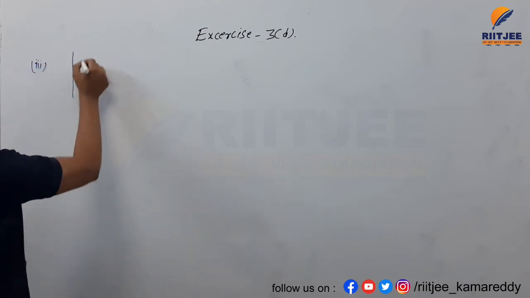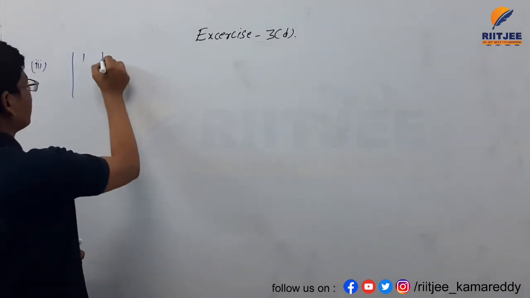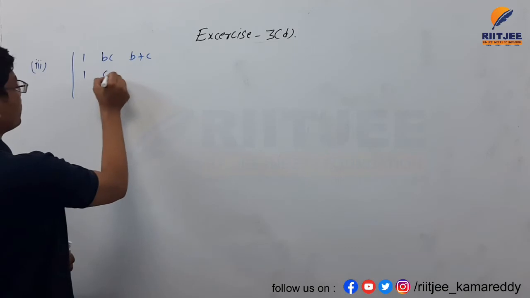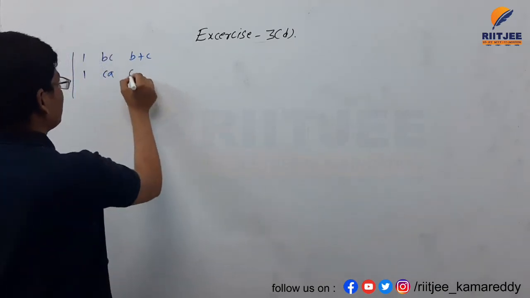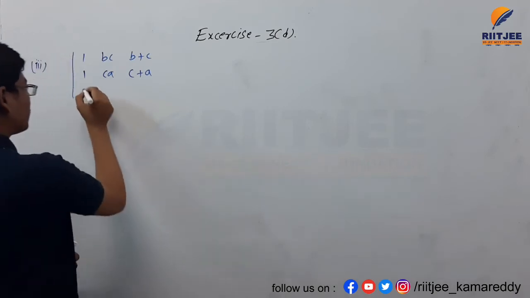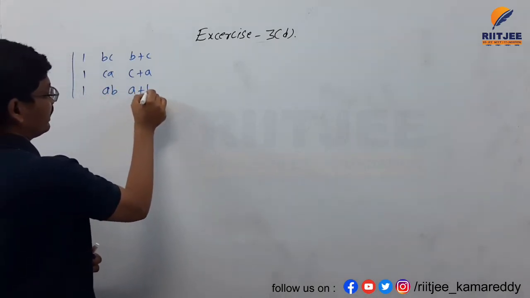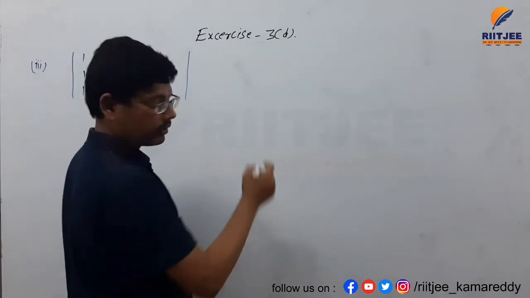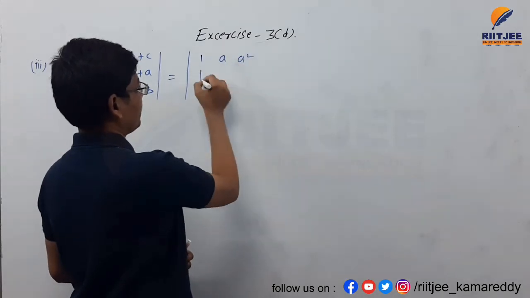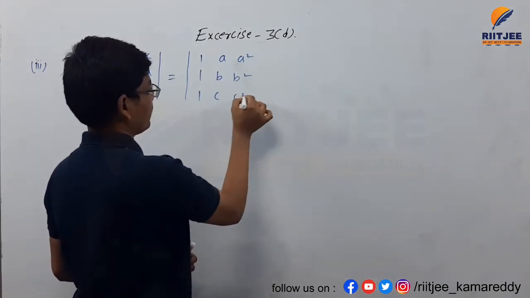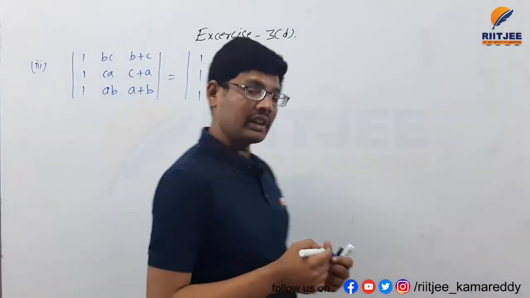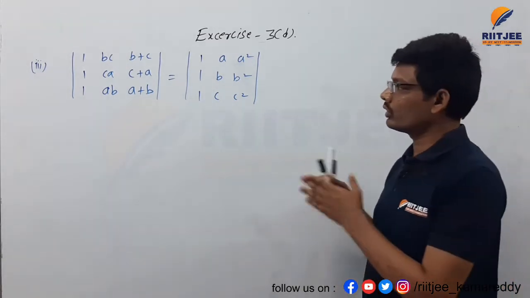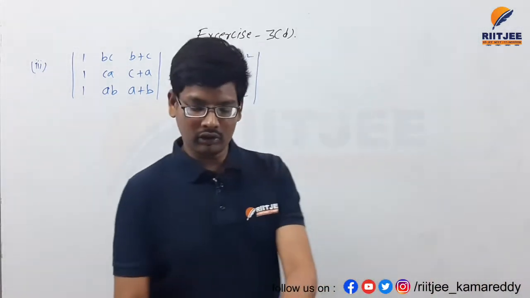is given: determinant 1, BC, B plus C; 1, CA, C plus A; and 1, AB, A plus B is equal to determinant 1, A square; 1, B square; 1, C square. This is the determinant he is given here. Both are 3 by 3 determinants. We should show these two are equal here,